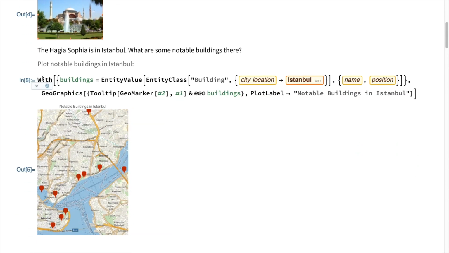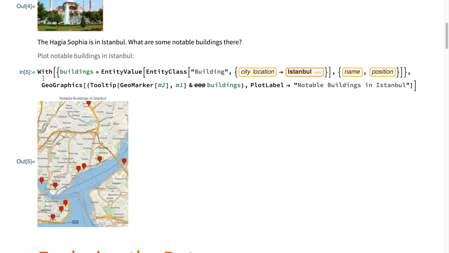We can use the With function, which lets me set up local variables, to make a new variable buildings. In this variable, we will use the EntityClass function to get buildings whose location is in Istanbul. On that entity class, we will use the EntityValue function to get both the name and position of these